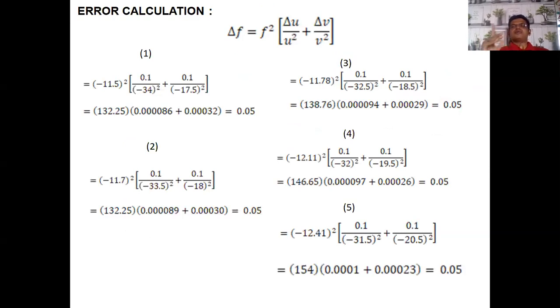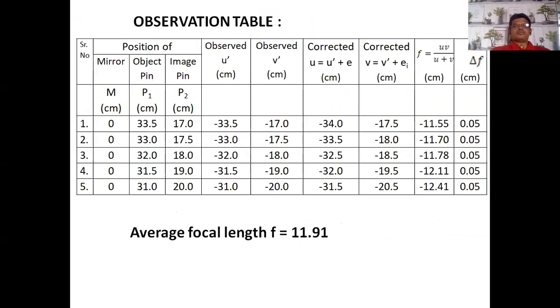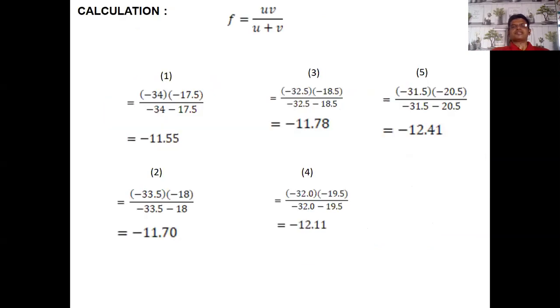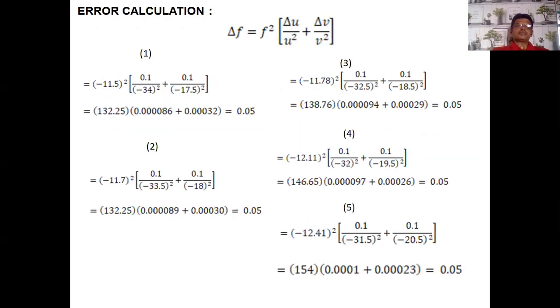Now what are delta U and delta V? It is the least count of the meter scale. We are using a meter scale in centimeters, so definitely 0.1. Last year we showed this with the vernier calipers. So 0.1 is the delta U and delta V value. From the first row, first line, you have the values of U and V. Definitely U is 34 and V is 17.5. You write it here, and after solving this equation step by step, your answer should be 0.05 as the delta F